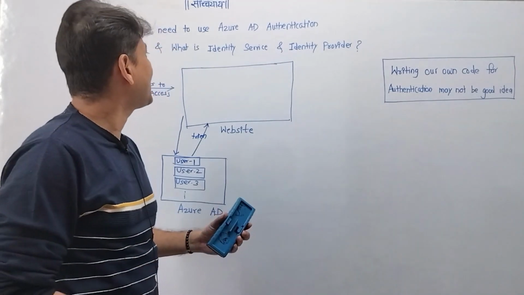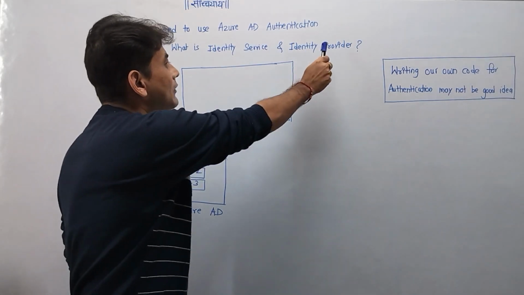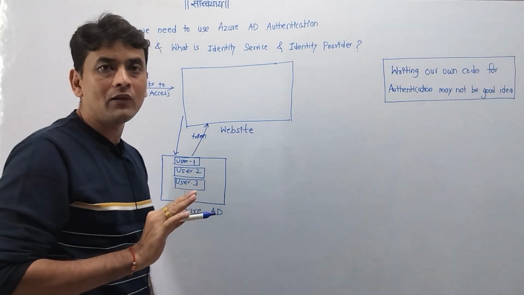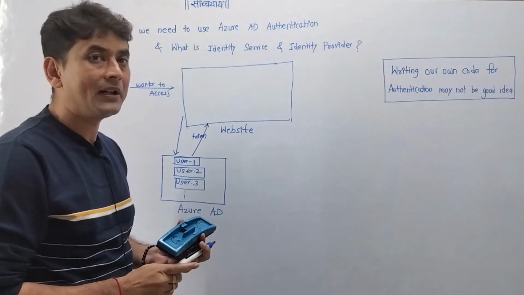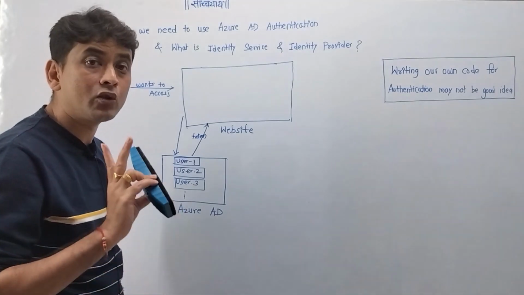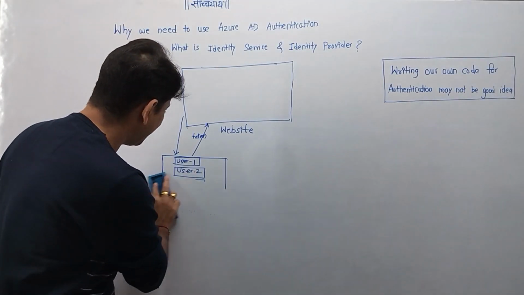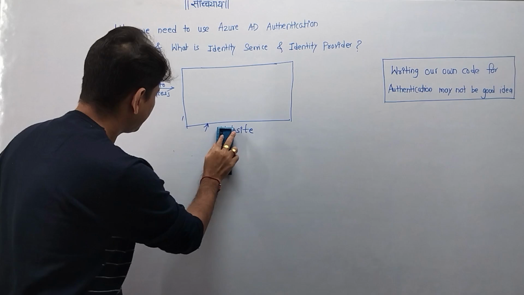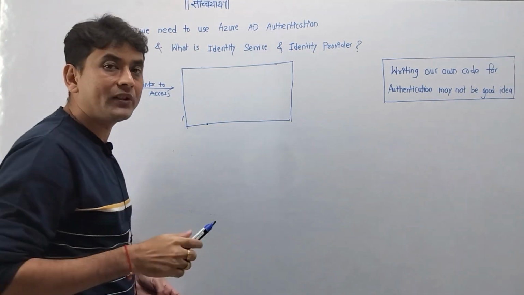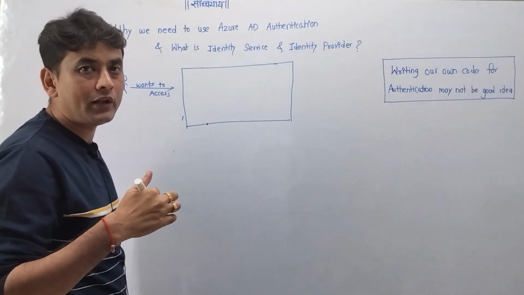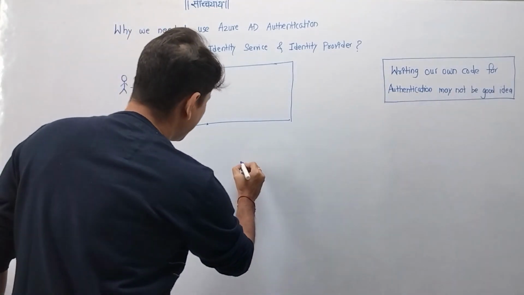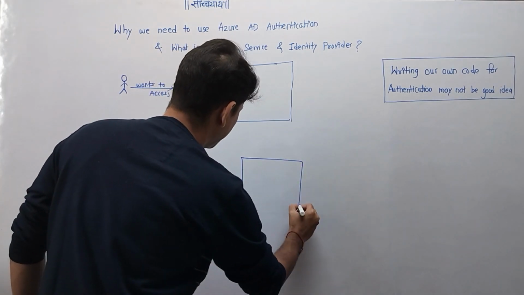And now let us discuss what is this identity service and what is this identity provider. Now guys, this is really a very high level flow of how authentication works. But behind the scene, as far as this Azure AD authentication is concerned, there are two parts. So let me just erase this. So of course the first thing we have is user store or user storage. So where the information of the users will be stored. So let's say this is our user storage.